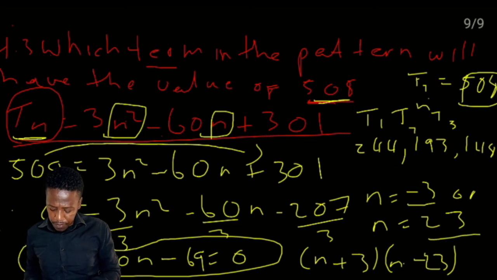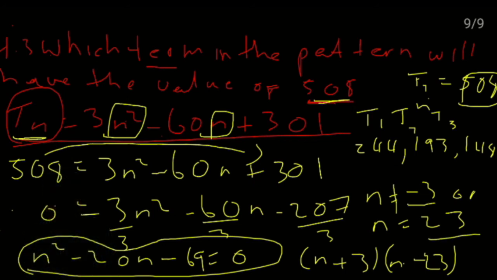and 23, n will not be equal to -3. This one is not applicable, meaning your value for n is 23. So that term in the pattern which has a value of 108 is term 23. Term 23. I hope that makes sense to you guys. So let's move on to 4.4, which says